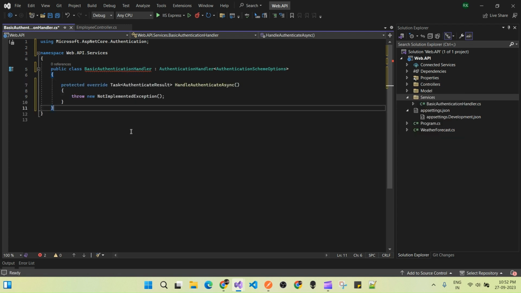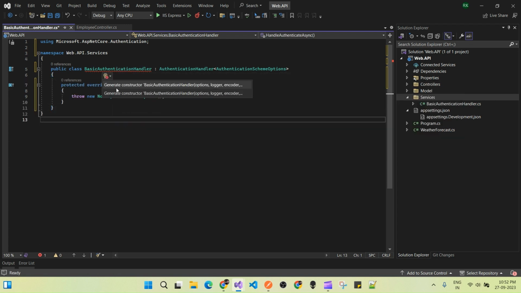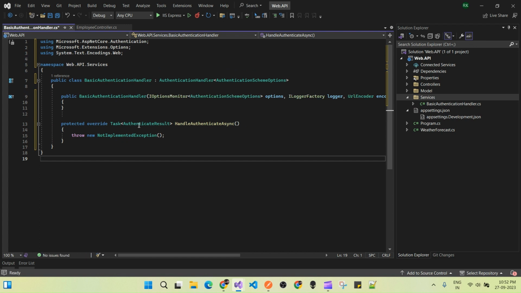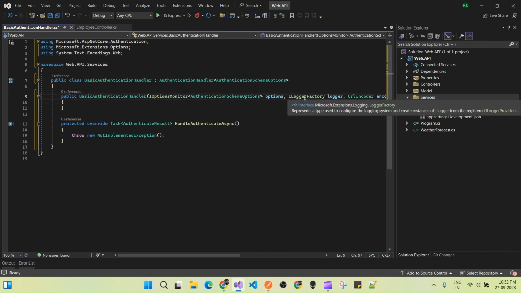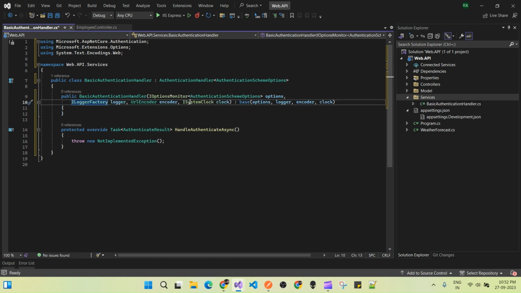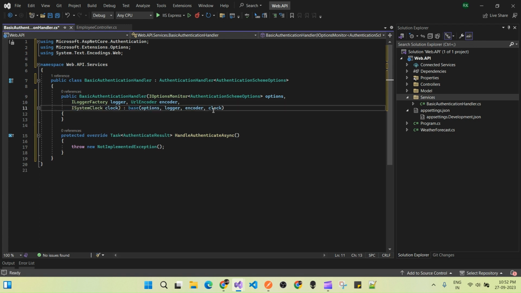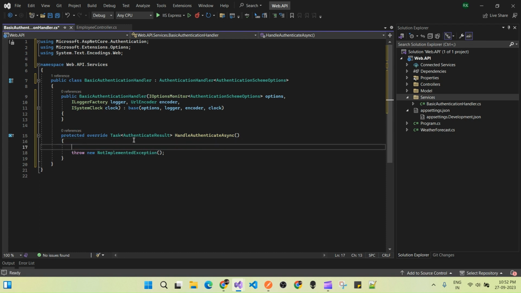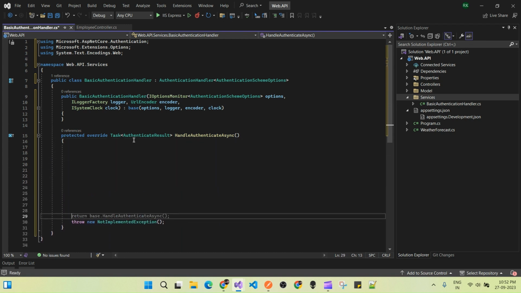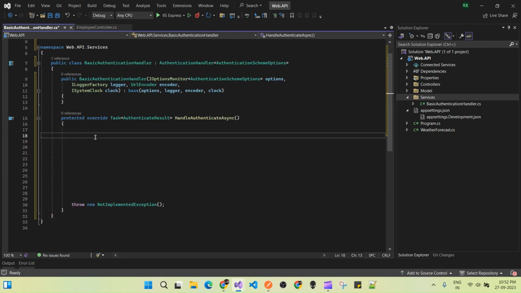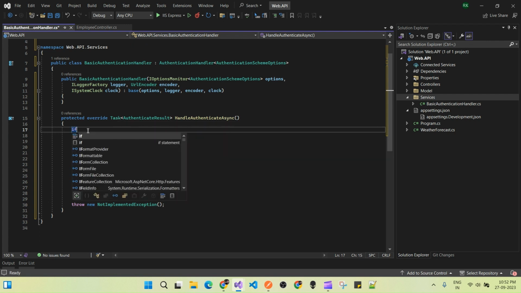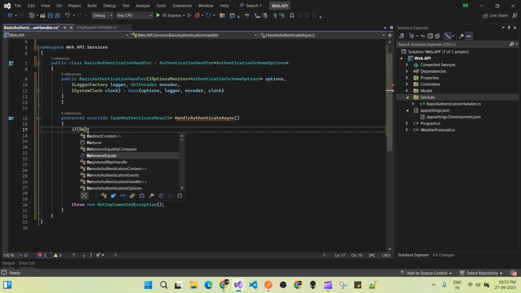the abstract class. Again go to this section and create the constructor. In this constructor we provide the options, encoder like this. Okay, and we write some core basic code in these sections. Firstly we need to check the authentication, like if request